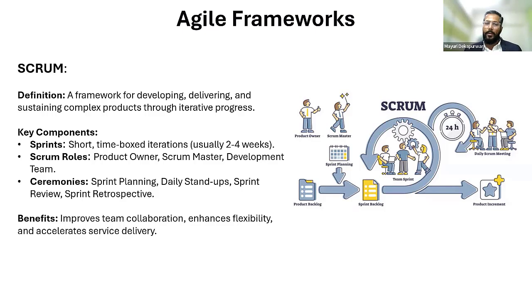So when Scrum came in, Scrum was talking about mainly three roles: product owner, Scrum master, and the development team. But it introduced a beautiful way of managing very complex projects. So again, Scrum also focuses on delivering just enough products that can deliver value to the business. So Scrum is a framework for developing, delivering, and sustaining complex products through iterative processes or iterative progress, that is